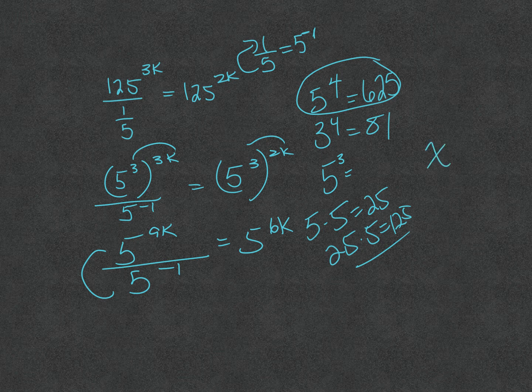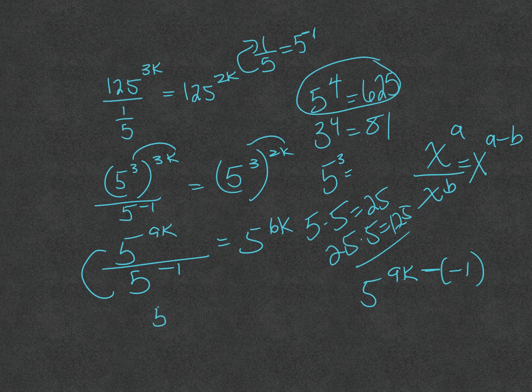If I have x to the power of a over x to the power of b, I do x to the power of a minus b. Therefore, I have 5 to the power of 9k minus negative 1. Careful, minus negative 1, because I'm subtracting a negative number. So I get 5 to the power of 9k plus 1 equals